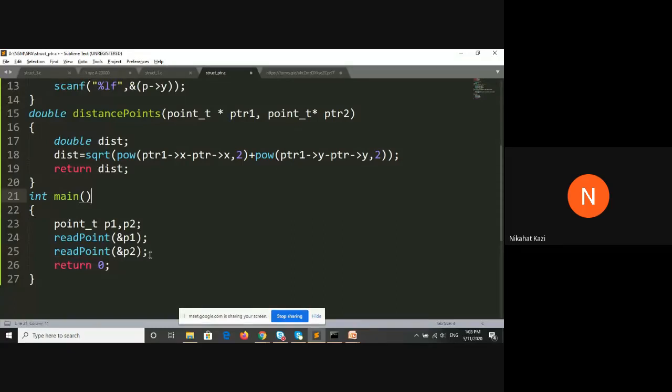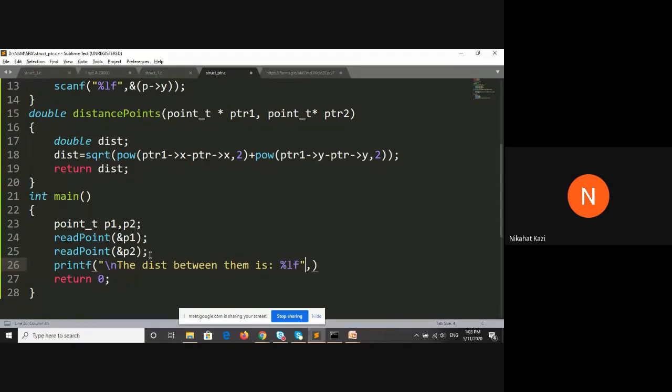Okay. And what you can do here is call this function inside a printf, and say the distance between them is whatever. The function call returns type double, so %lf.